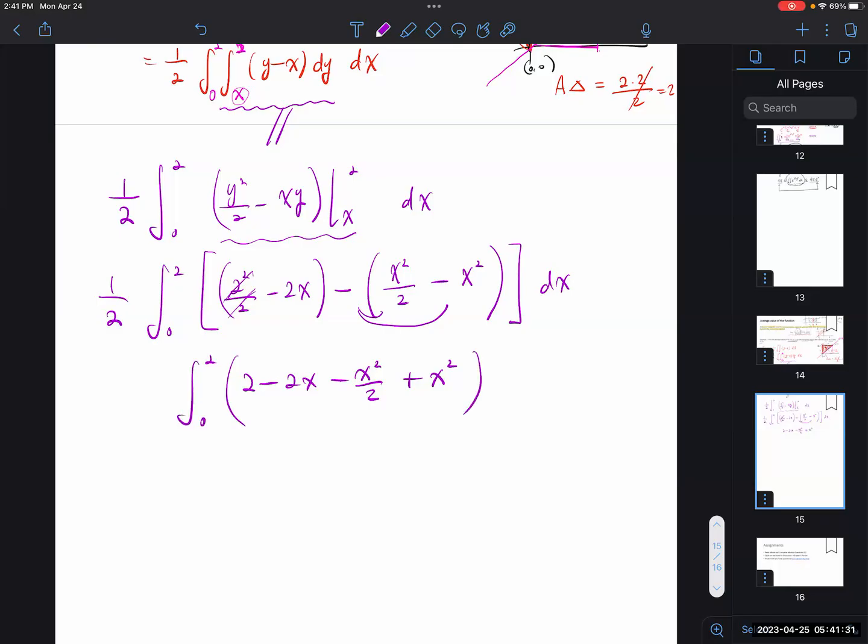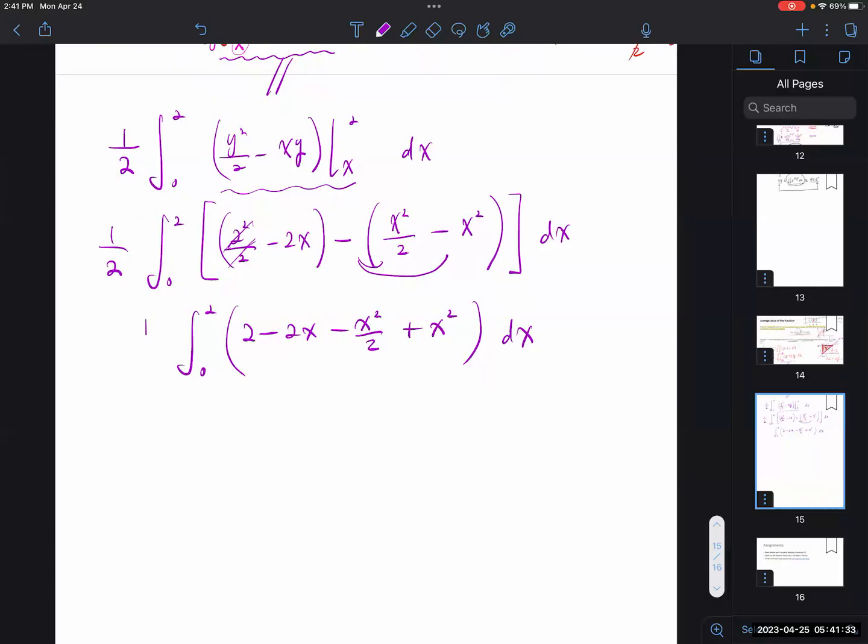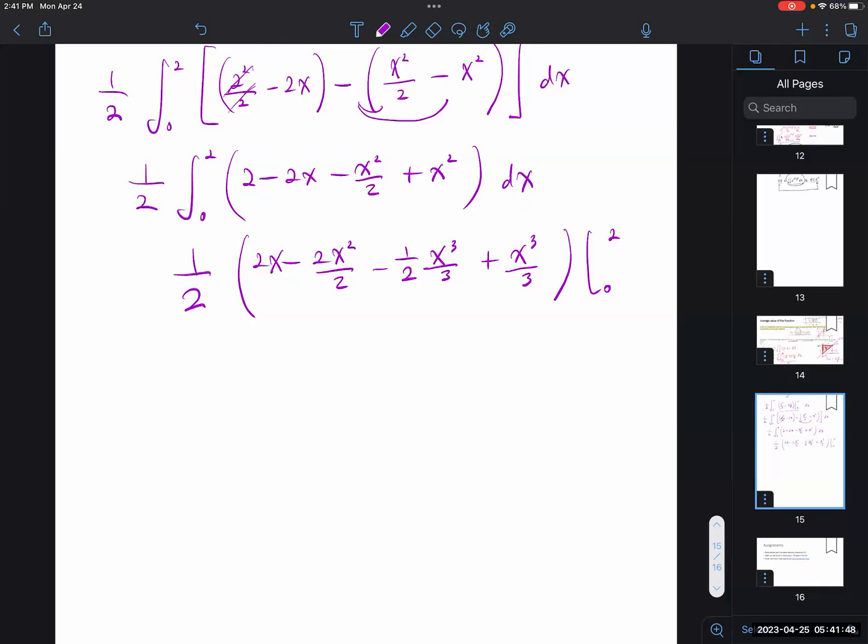Then we are taking the integral with respect to x. So 2x minus 2x squared over 2, and 1 over 2, 3 over 3, x to the third over 3. Okay, a lot, but we can handle it. 1 over 2 in the front. So if you calculate it,